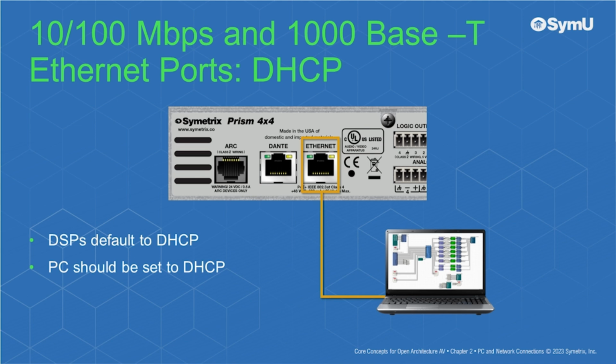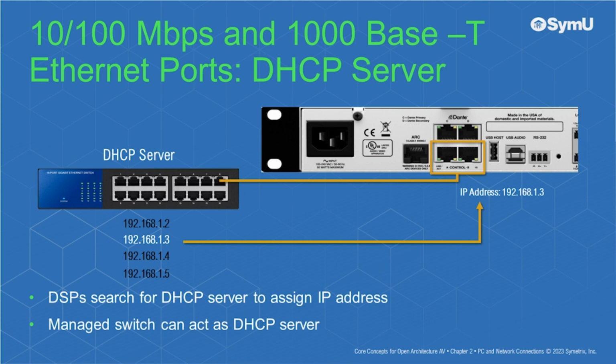When making a direct Ethernet connection for the first time, the programming PC should also be set to DHCP to enable communication. DSPs automatically search for a DHCP server to assign them an IP address. A managed switch can act as a DHCP server, enabling the DSP and the PC to automatically obtain IP addresses